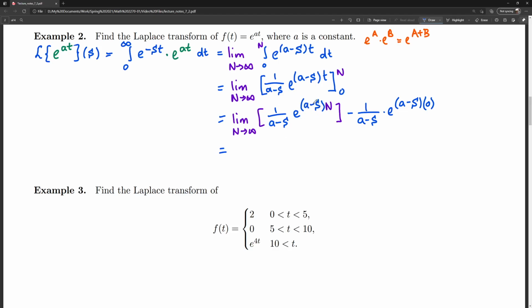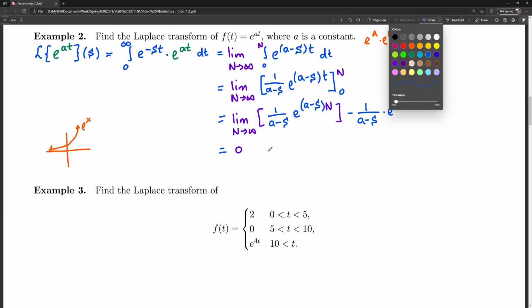So what we need is that a minus s is less than 0, because if you multiply a negative times a positive, you get a negative value here, and e to a very large negative number approaches 0. And real quick, remember that when you look at e to the power x or e to the power t, whatever your variable is, if you plug in a really large negative number, the exponential function tends to 0. So this first value is 0,